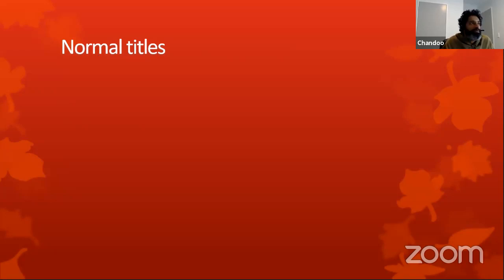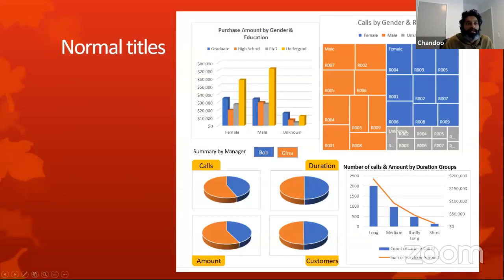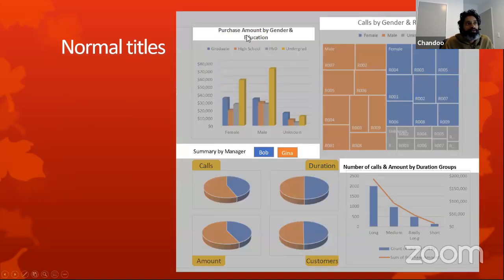And then the third idea is not using smarter titles. So this is one of those mistakes. If you use a normal title, the default titles that Excel creates, or the ones that you just come up with, this is how they go. They just give the detail of the visualization. Again, this is a fairly simple mistake that most of us make. We just stick with what comes up there rather than investigating or spending time. It's a good idea to think, what can I tell in the title of the visual itself that makes the visual even more interesting or a conversation starter.